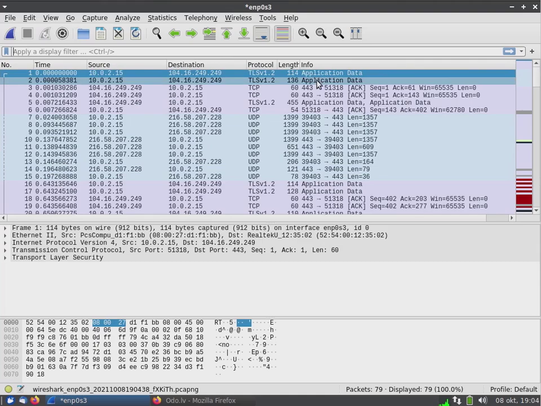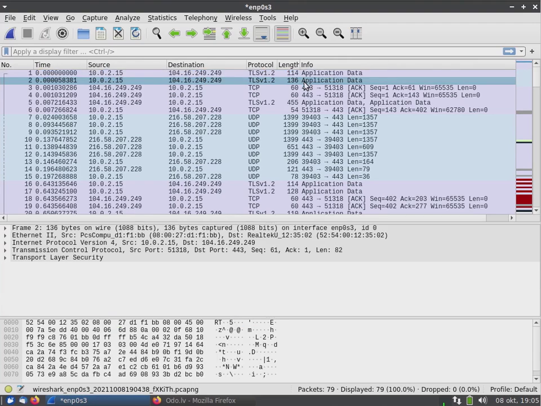So what we see here in between is that first an encrypted connection, Transport Layer Security version 1.2, was created with this IP address, and I believe this is the address of this Cloudflare DNS server.